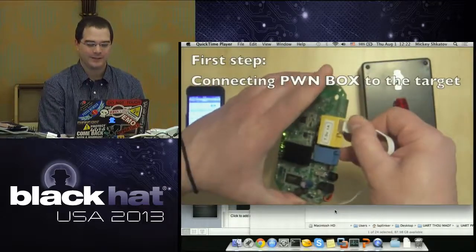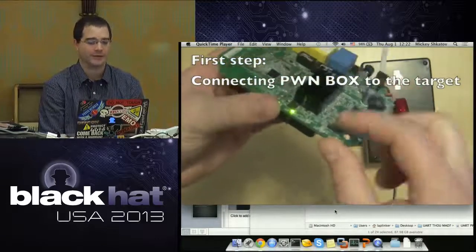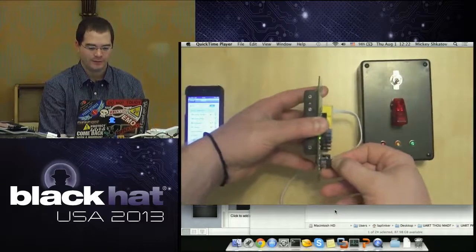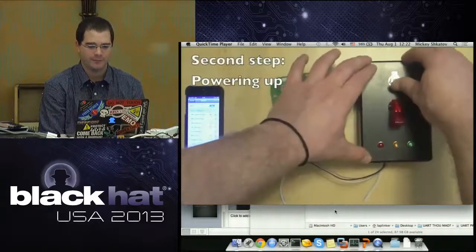What we do is just connect this to the router after it boots. The Ethernet cable is used to transfer files to the device. This is the UART interface. Plug in the UART. Power up the device.